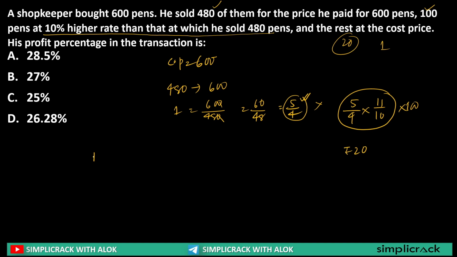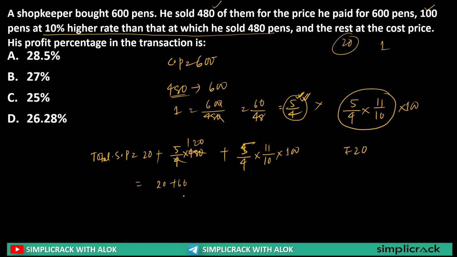So total SP, total selling price, is equal to 20 plus 5 by 4 multiplied by 480, because 480 pens are sold at this price, plus 5 by 4 into 11 by 10 into 100 pens. Yes sir, you are right. So if I solve this, I'll get